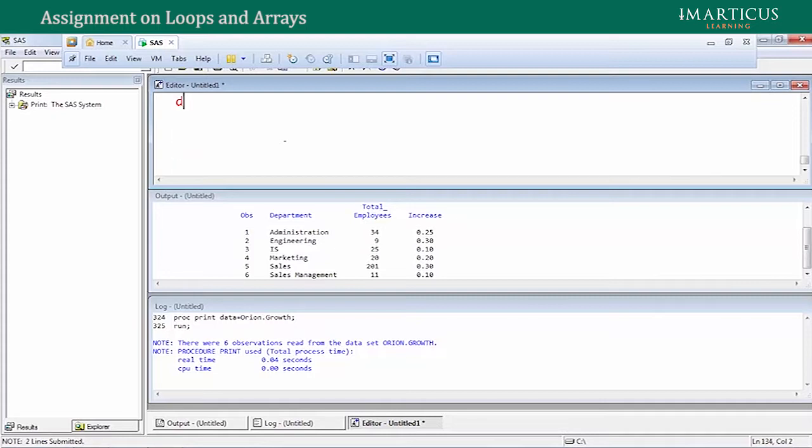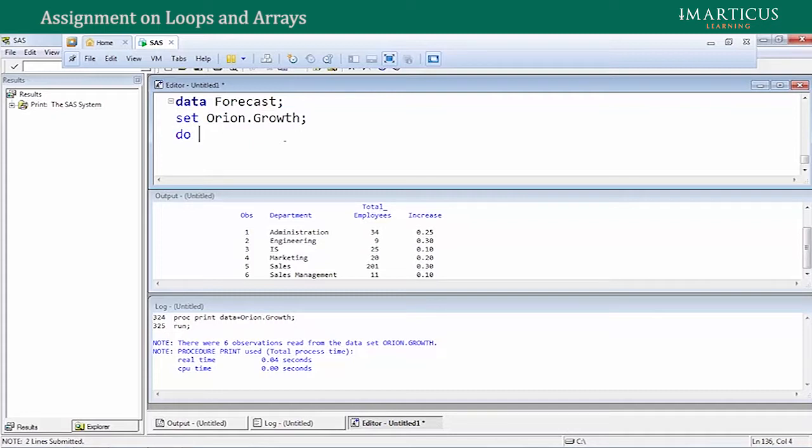So I say data forecast, then I say set Orion dot growth,